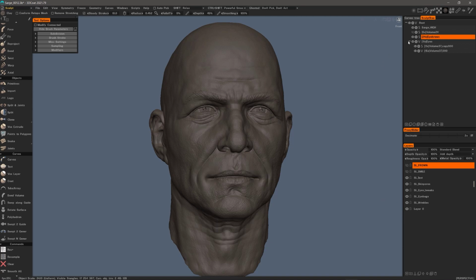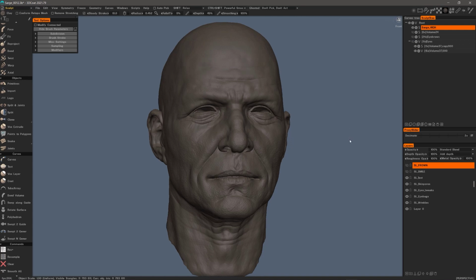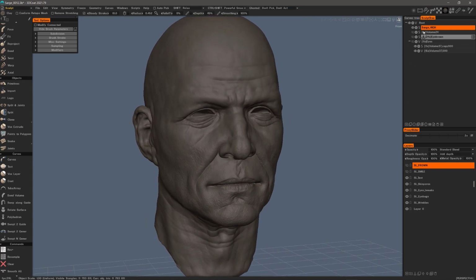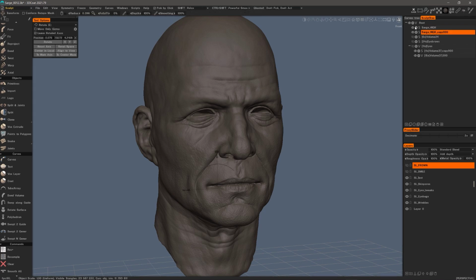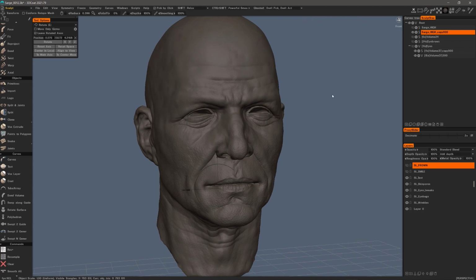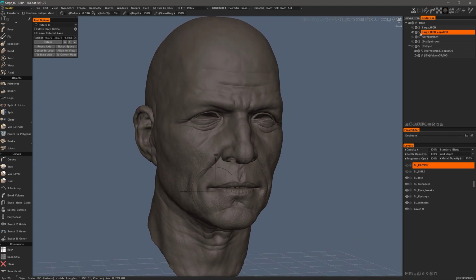Now, to do this, I want to select the layer and hide all the other items. I want to create a duplicate in the sculpture layer by going to this second icon. I'll click on that. Let's temporarily hide the original layer. With this duplicate, I will now click on the S, which indicates I am in surface mode. Layers that are in voxel mode have the V on the left side.